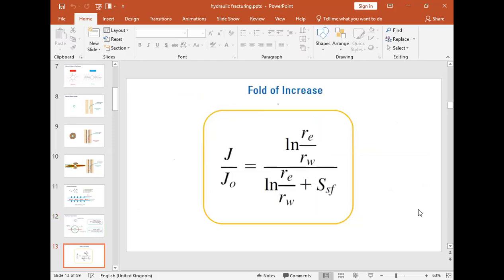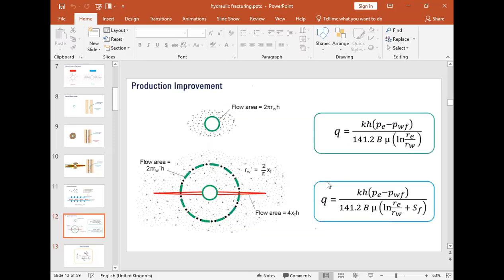So we may also look at the fold of increase. The fold of increase is how much the productivity index has increased. We look at the productivity index after the hydraulic fracturing job divided by the productivity index before the hydraulic fracturing job. And if you recall the formula of productivity index that we have been using all through this internship,